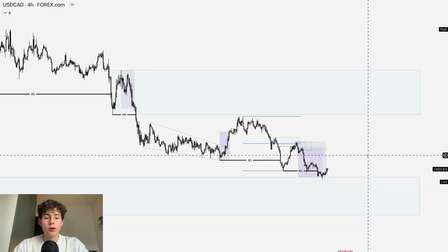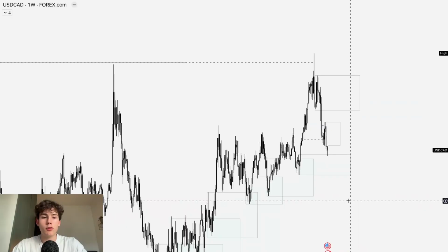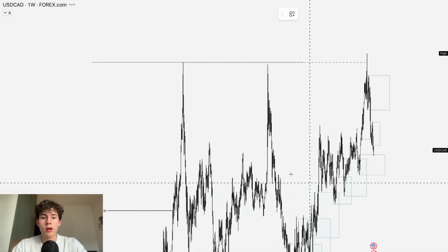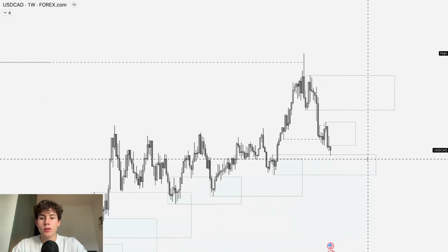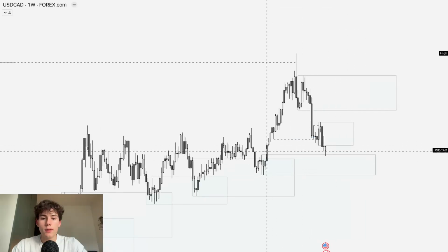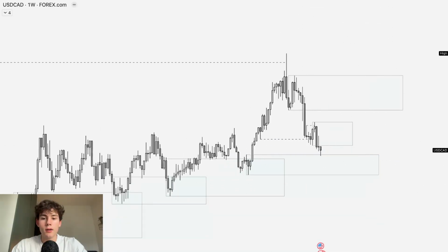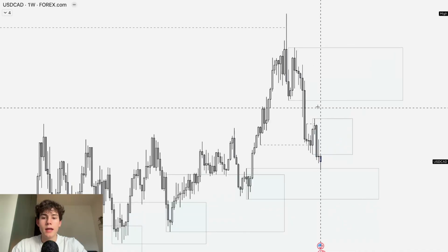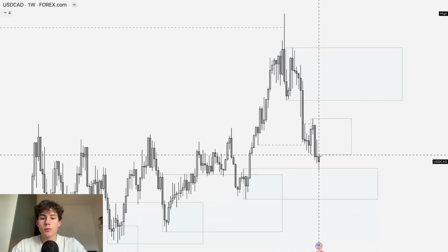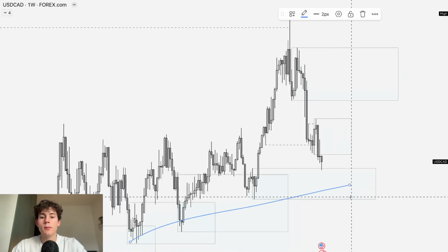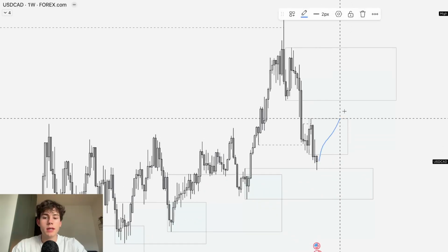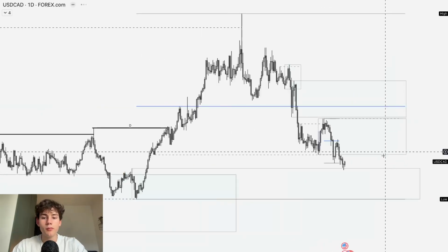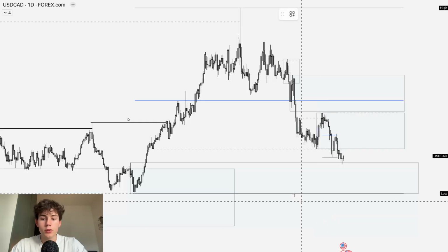USD CAD, beautiful setup that played out. Also made a trade breakdown on this one, but we grab liquidity above the high, so then we grab liquidity at the low. Now we tap this demand zone, and now I could expect to trade up higher to trade towards this overall supply zone, because we made connection with my order flow, which is bullish, and that's why I'm looking for longs. On the daily, we're also swing bullish.